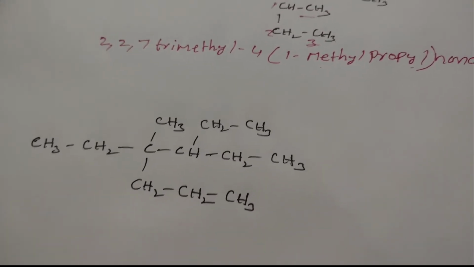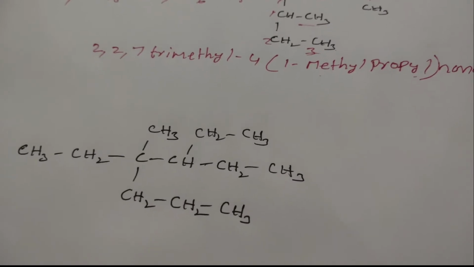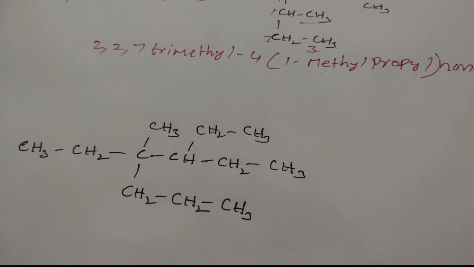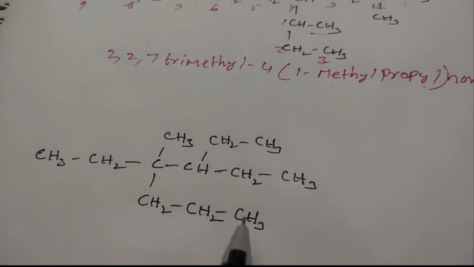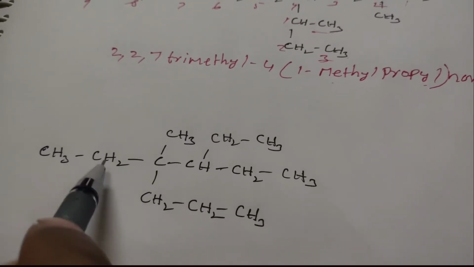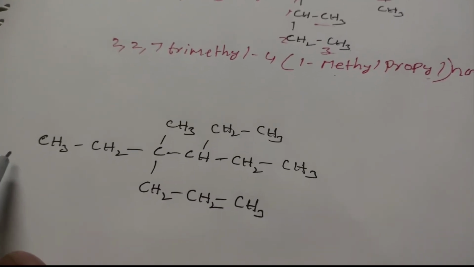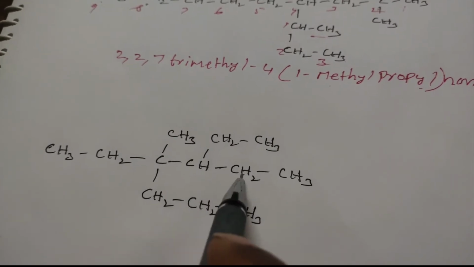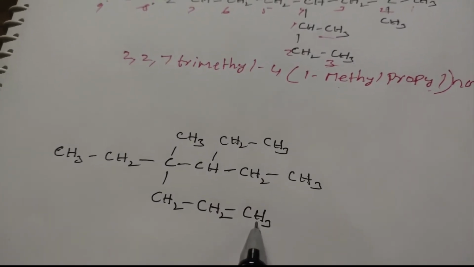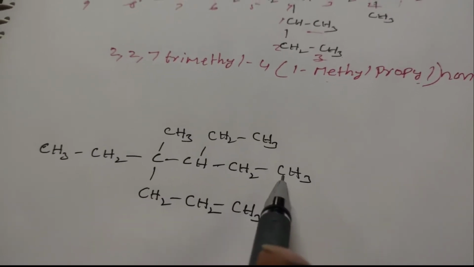In this case, how are we giving the numbering? In this type of structure, students feel some difficulty. Most probably there is a chance of writing the wrong name. The total number of carbons present in the structure is 1, 2, 3, 4, 5, 6. If I count left to right or right to left, the total number of carbons is 1, 2, 3, 4, 5, 6. But if I count like that, 1, 2, 3, 4, 5, 6, 7. So